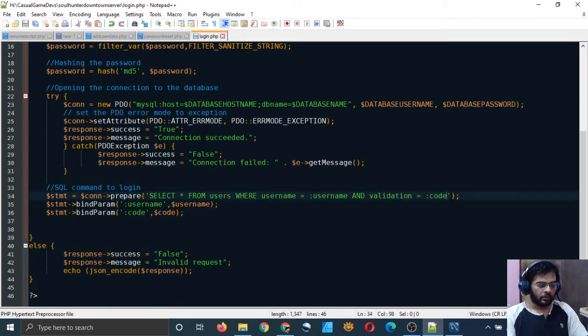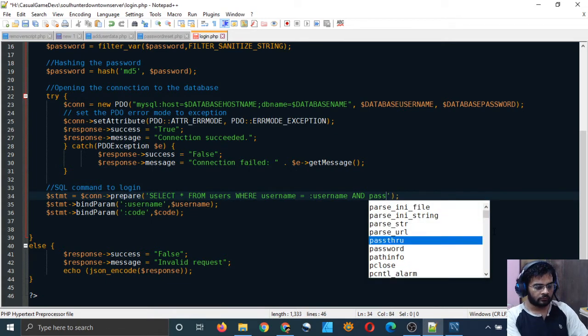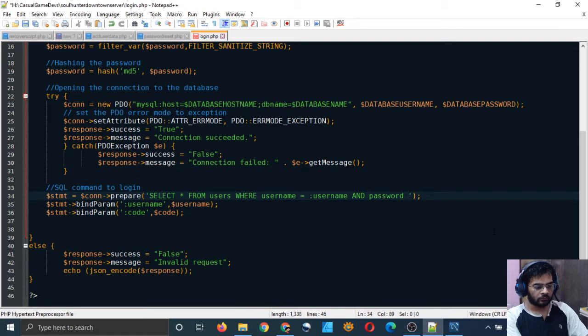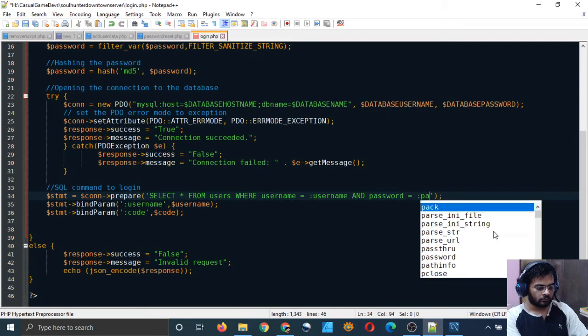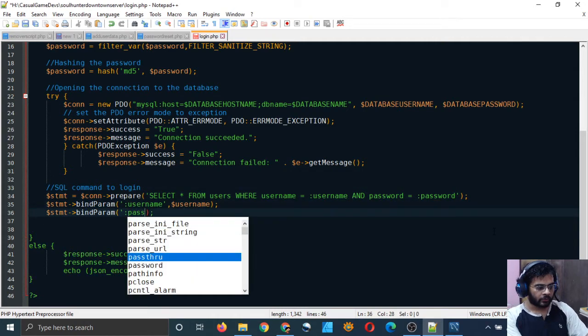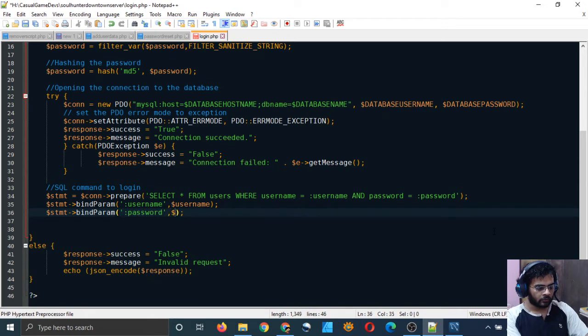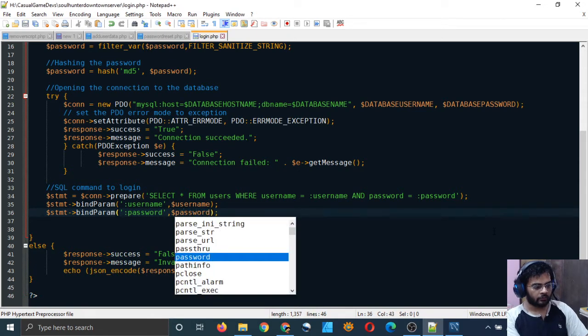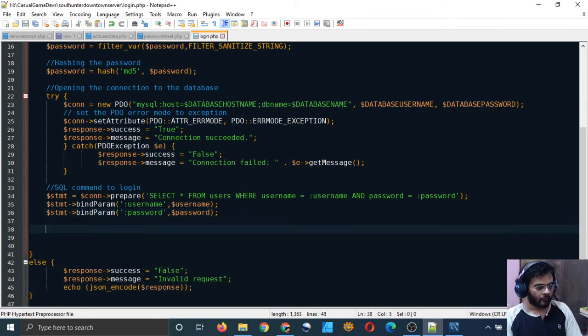And here I will check the username as well as I will check the password instead of the code. Password, right? And here username is $username and there should be password here, $password, right? That's good.